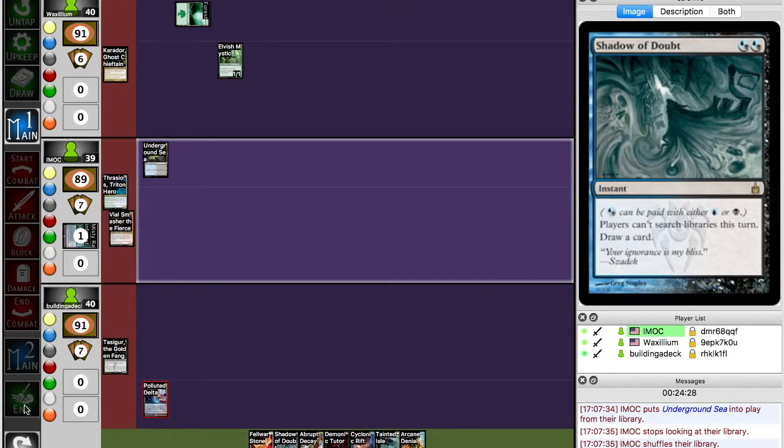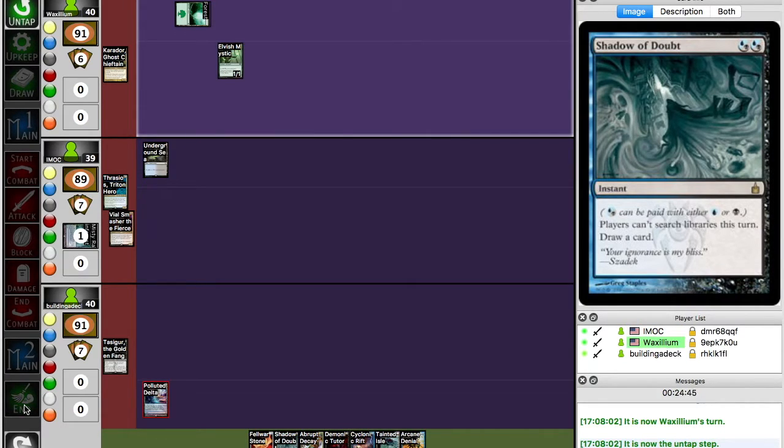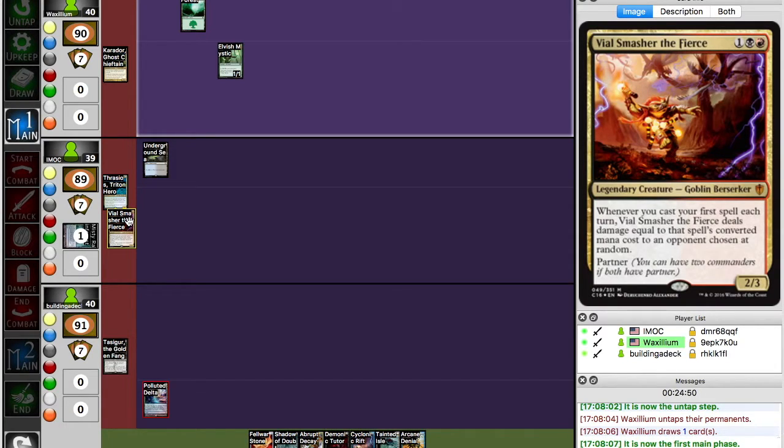If he really wanted to play control, he would probably play Tymna as opposed to Vial Smasher. Although red has its slight pros, I guess, in gamble. Things like Blasphemous Act are actually pretty powerful, especially when combined with Vial Smasher. But red is pretty much the weakest EDH color, more or less tied with white. It kind of depends, but...